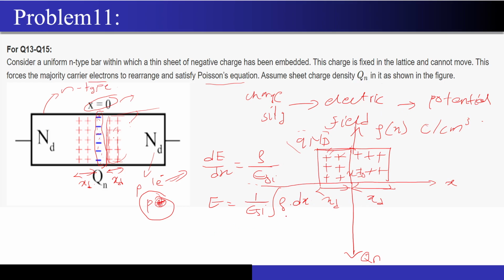So now if I put rho as q nd over here, then all of you will agree that this will become a ramp, right? This will come as a linear function. So now if I try to draw the electric field on this side over here, correct? So I have a ramp signal, that is a linear signal over here. Now what happens at this point, right?